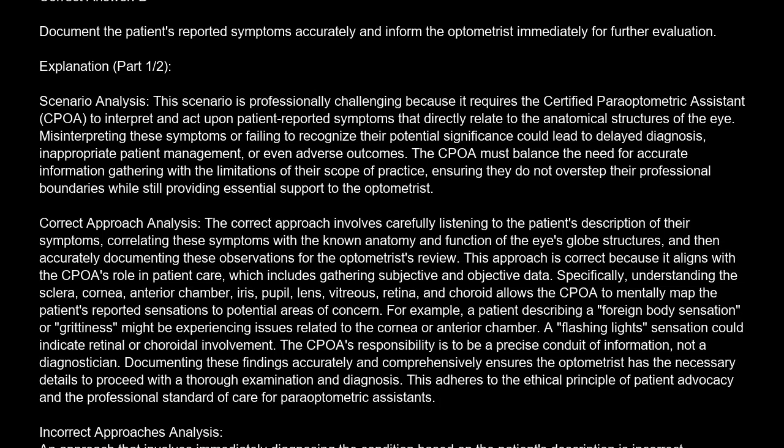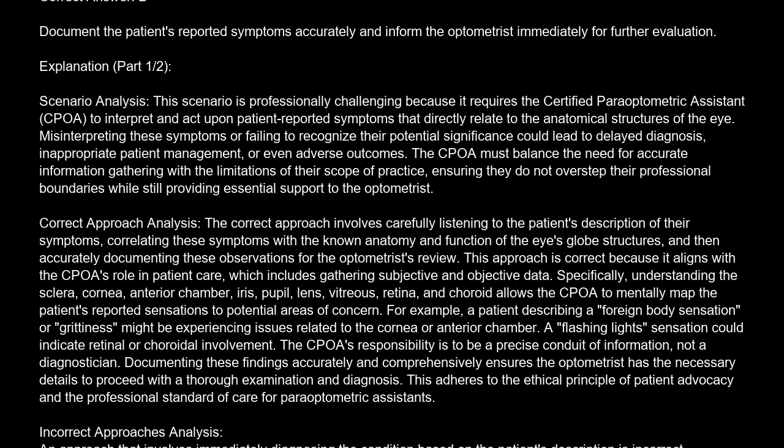The correct answer is B. Document the patient's reported symptoms accurately and inform the optometrist immediately for further evaluation. Explanation. Scenario analysis. This scenario is professionally challenging because it requires the certified paraoptometric assistant, CPOA, to interpret and act